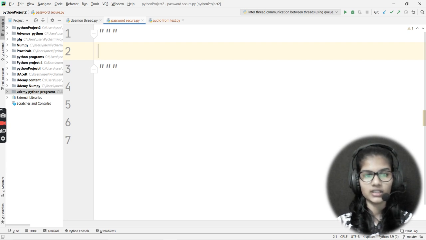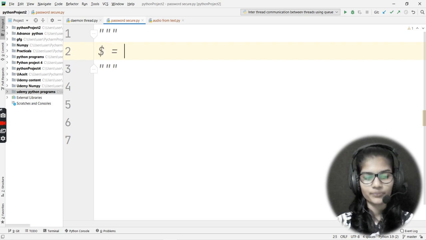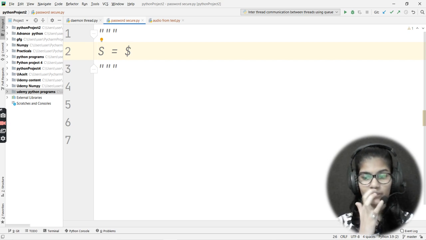First, let me give you an idea of what I'm going to do. There are many special symbols, like at the rate, dollar, and many more. How do these special characters relate to the alphabets? Let me show you an example. Let's say I write S. S and dollar look almost similar to each other, so the character S looks similar to the dollar.